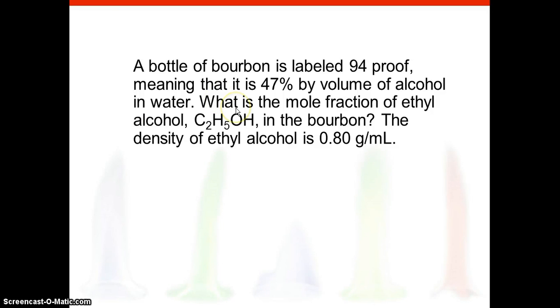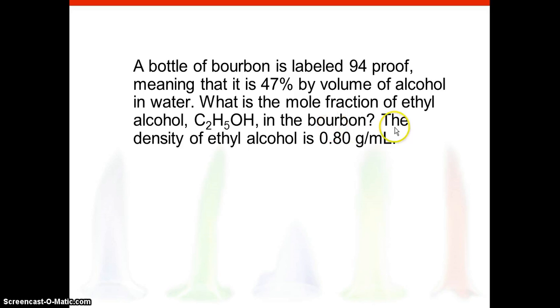Okay, in this presentation, we are going to calculate mole fraction if density is given. So let's take an example. A bottle of bourbon is labeled 94 proof, meaning that it is 47% by volume of alcohol in water. What is the mole fraction of ethyl alcohol,